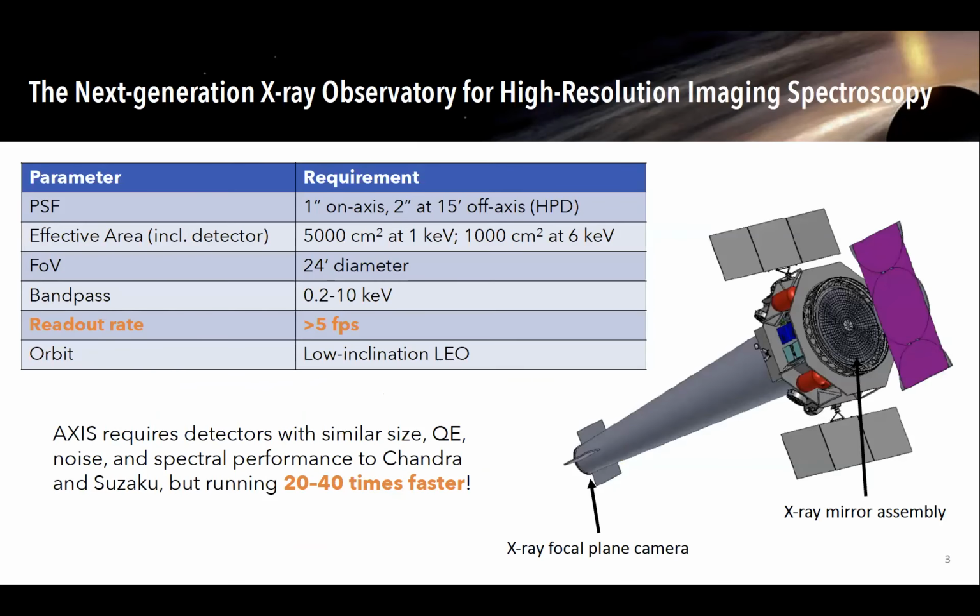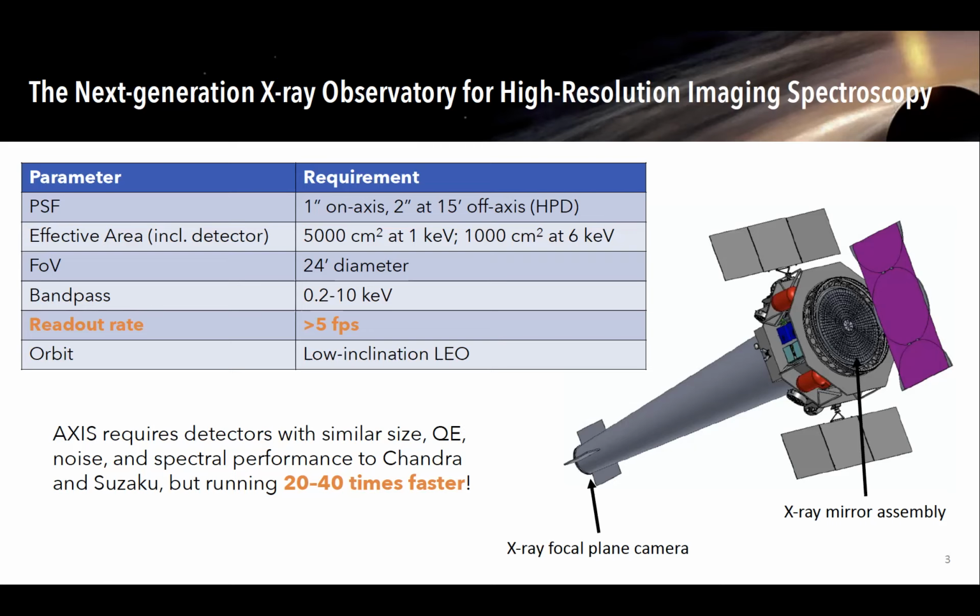Chris showed this slide of the requirements in his talk at the beginning of this session. I want to bring it up again by pointing out that while the PSF is exquisite, the effective area is very high, the field of view is quite good, and the bandpass is quite broad, any one of these requirements would be pretty easily met by existing technology. The real challenge for the AXIS focal plane is when you combine all of these things. There are several challenges that produces. The one I want to stress, probably the most challenging, is that this combination of PSF, effective area, and large field of view requires a very fast readout rate, a very fast frame rate.